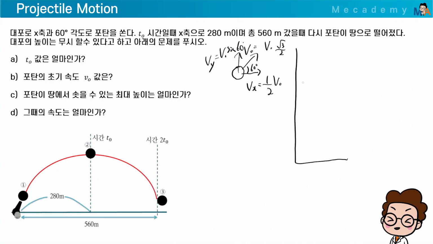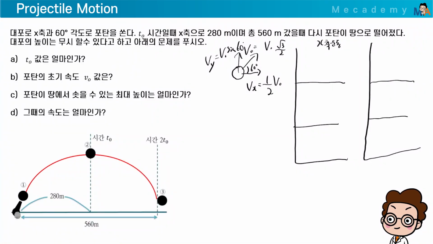All right, let's see. It's good to split it like this and do it. It's called the x-axis, so it's x-axis motion. This is called y-axis motion. Then, on the x-axis, the projectile does not have acceleration, right? So the acceleration is 0. Then how does the v-t graph look? This is uniform motion with 1/2 times v0, right? Uniform motion. So if this is 0, what happens to the s-t graph? This becomes linear.